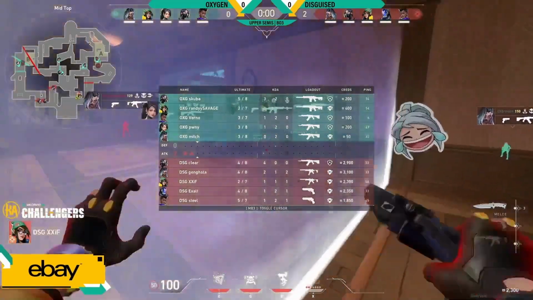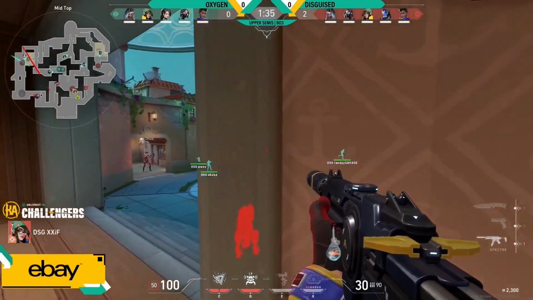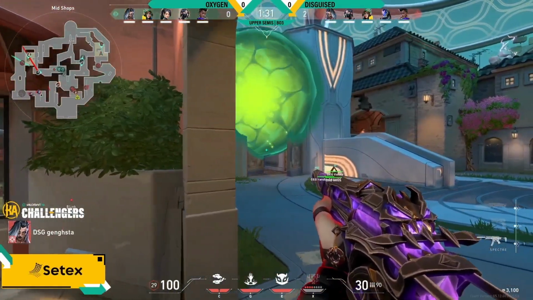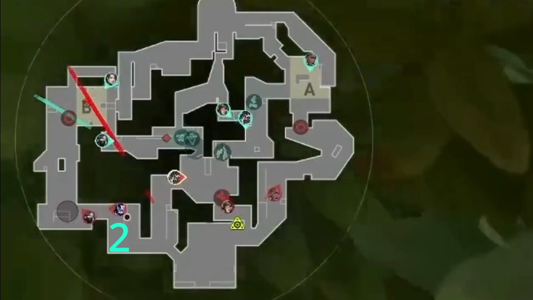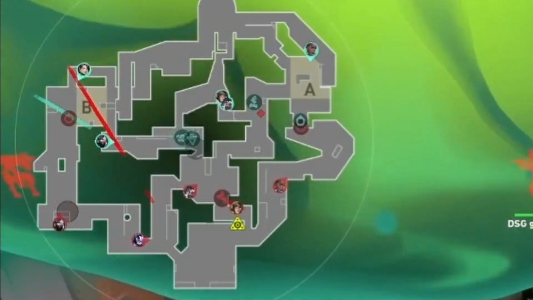Moving on to round 3 and it's Disguised's bonus. It's a great example of how powerful the default is, and why you should always be keeping tabs on where your opponents are. Disguised are on a 2-2-1 default, with KO initially helping Viper get posted up B long, then